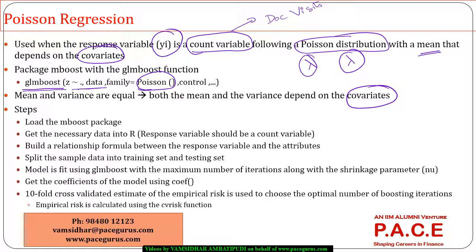The rest remains the same as you have executed in the logistic regression based model, the probit regression based model, or the L2 regression and L1 regression, all of those things that you have considered earlier. Now, just for a quick recollection, let me go over the steps. We have loaded the mboost package,